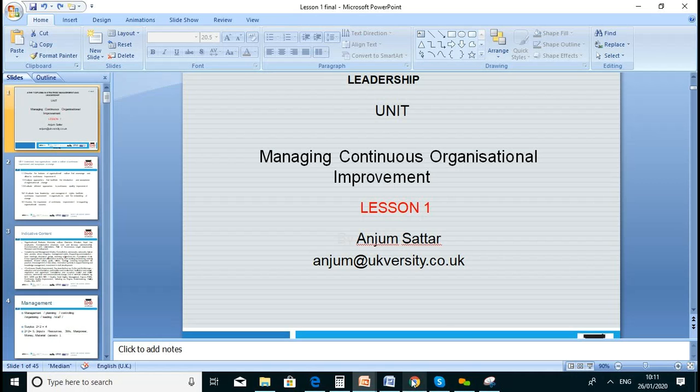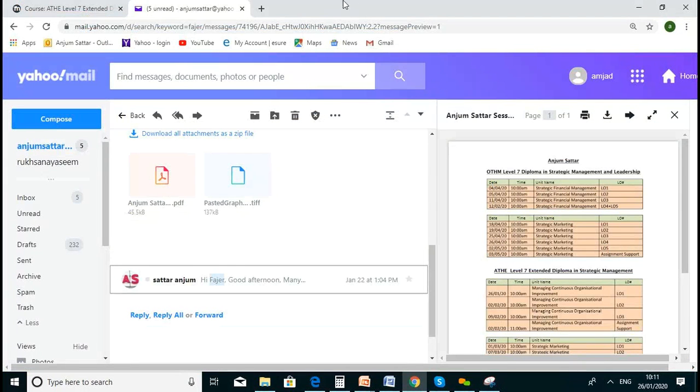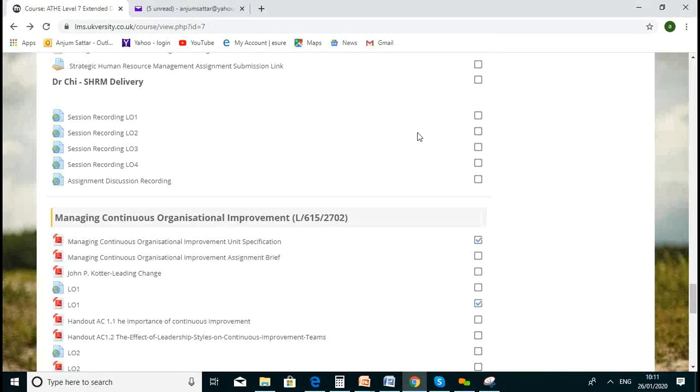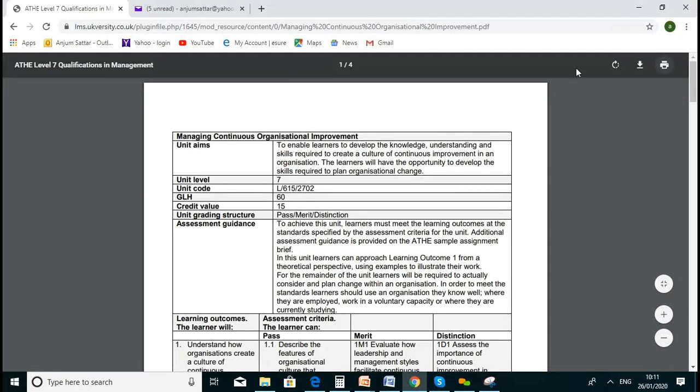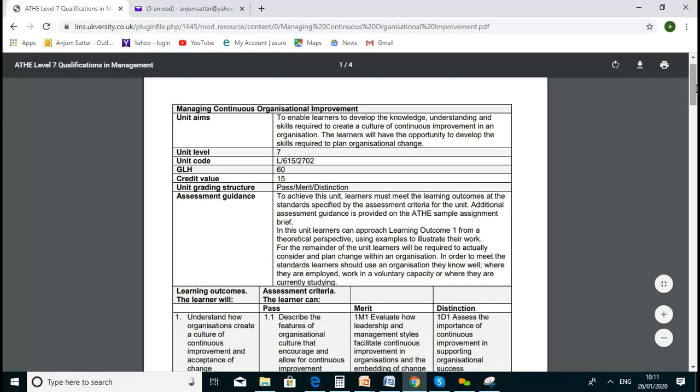So before starting this new unit, we'll discuss first what we're supposed to learn in it. You are well aware of the unit contents, so let's place everything on Moodle. So we'll start. The aim of this unit is for learners to develop the knowledge, understanding and skill required to